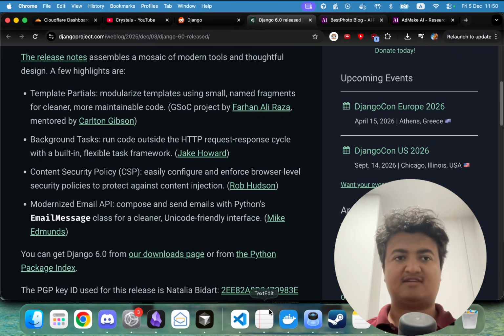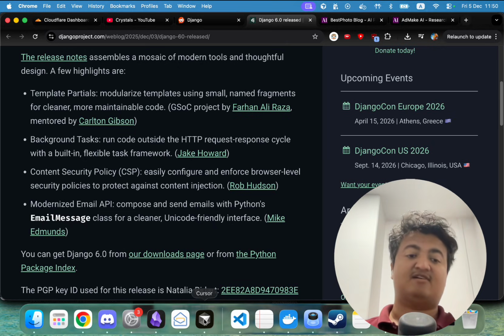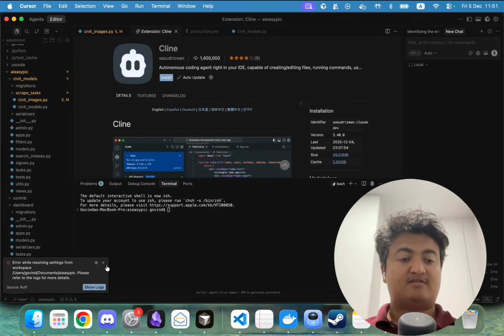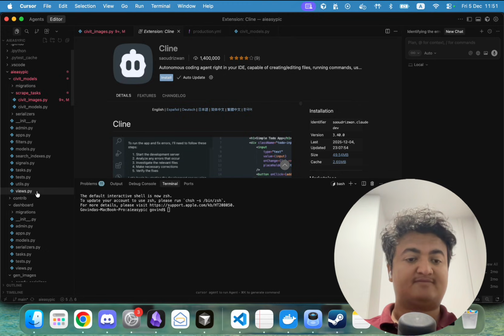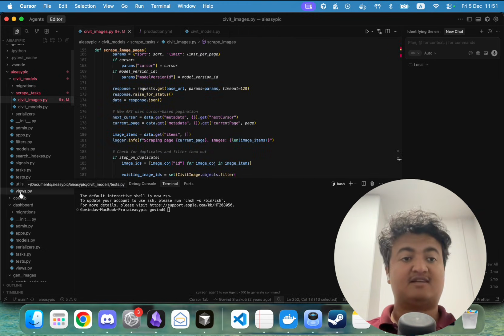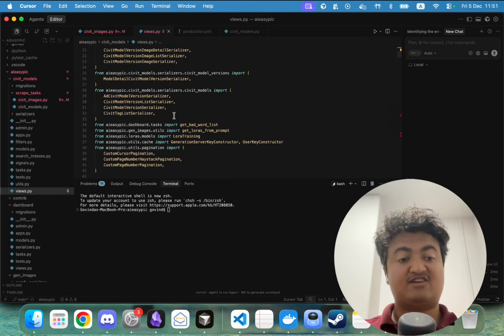So the first one is that Django just does not work well with AI and how I try to make features faster. So a new feature in Django, or a new endpoint or page, would look something like